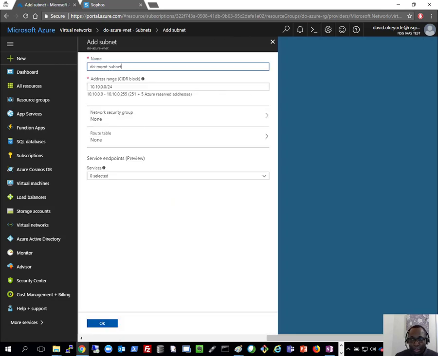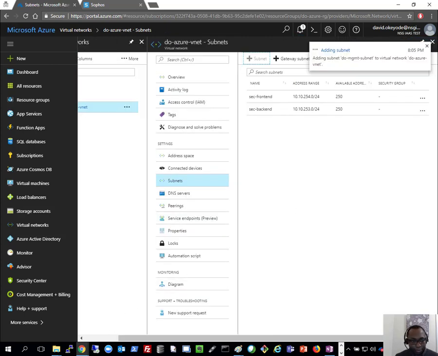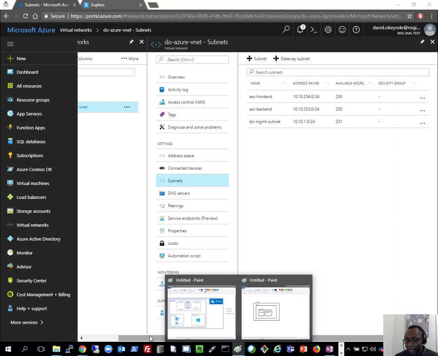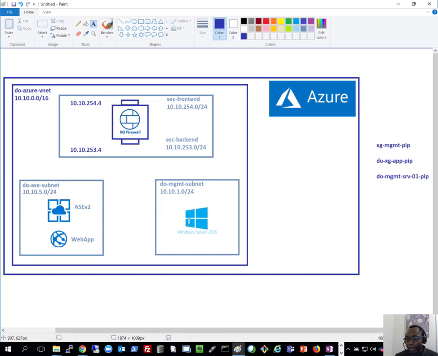Give it the name of DO management subnet and I'll give it a prefix of 10.10.1.0/24 and I'll click OK to that. And that should be all ready. So that's fully deployed. So the next thing that I'll do now, having created the subnet, is I'll deploy my